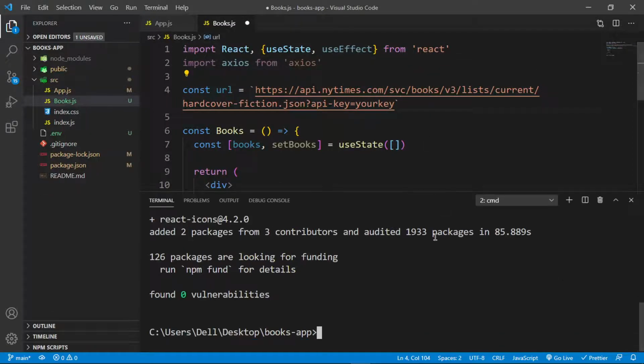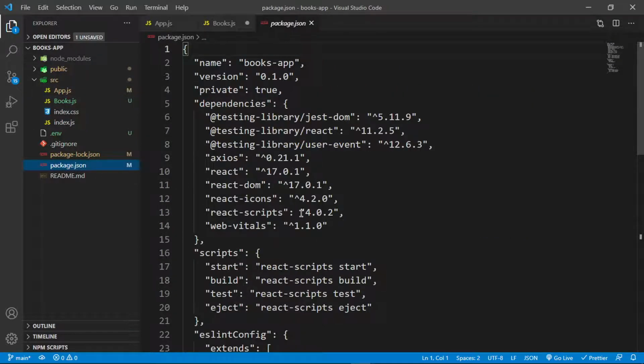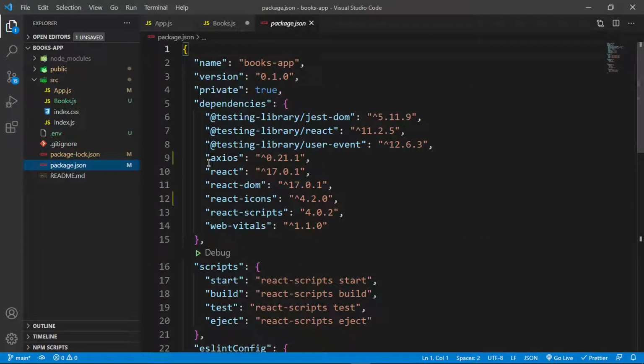Let me just confirm that this has finished running. Right, it has finished running, and if I check in my package.json, then I should be able to see Axios right there and React icons right there. Okay,